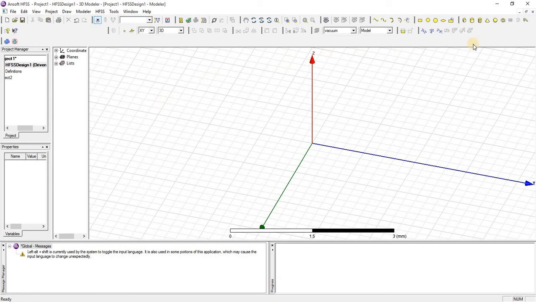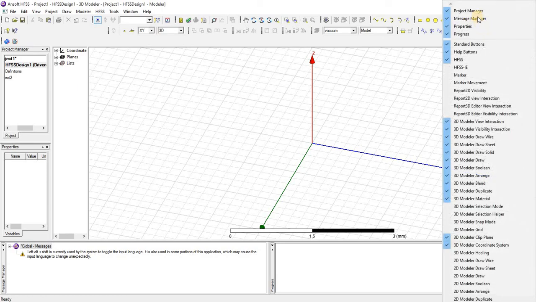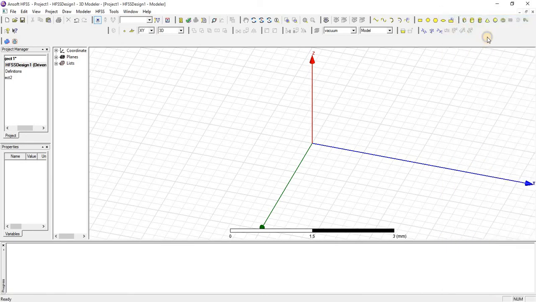After that, the fourth important thing is that you have to set in the toolbars all those commands that you are going to work on. Just go there and left click, and you will see these are all showing the commands. If you want to remove this message window, just click here.